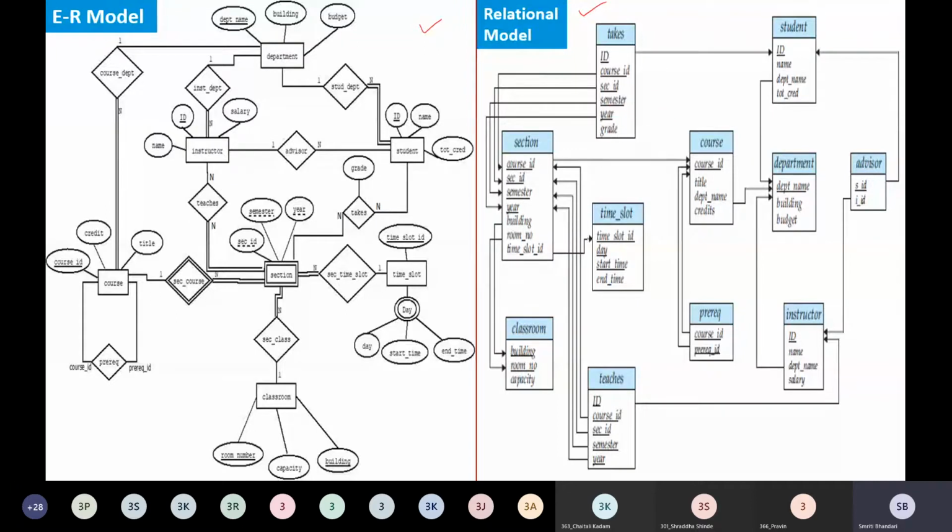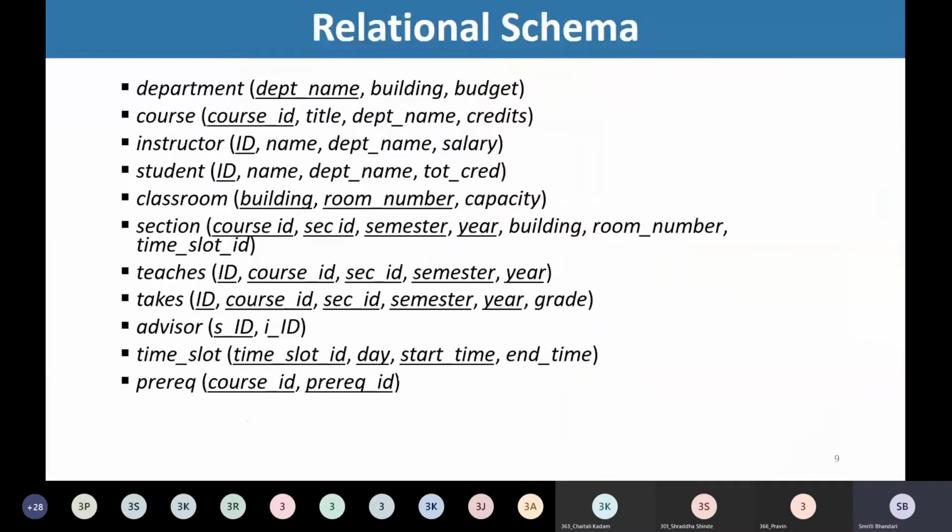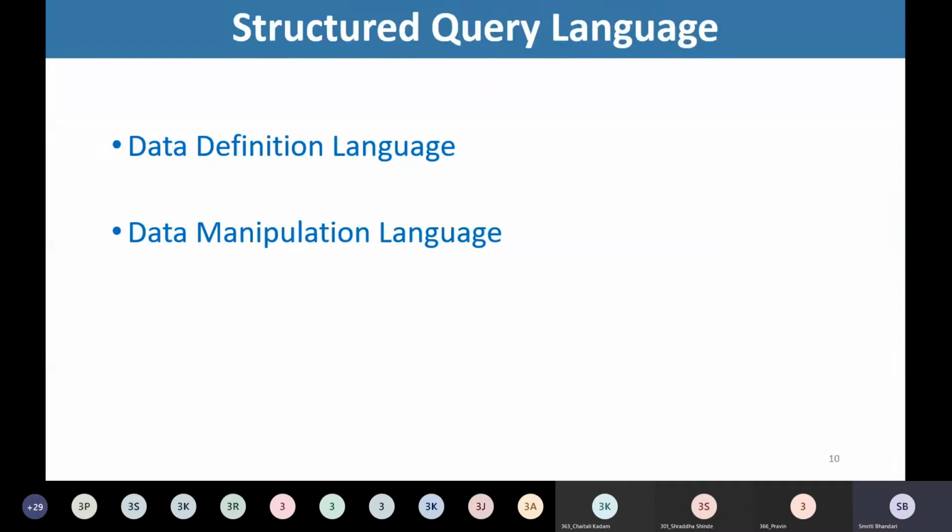So practically, in SQL, first of all, we are going to create the tables under our relational model, and we are going to manipulate those tables further.